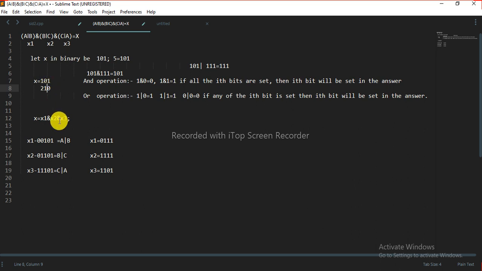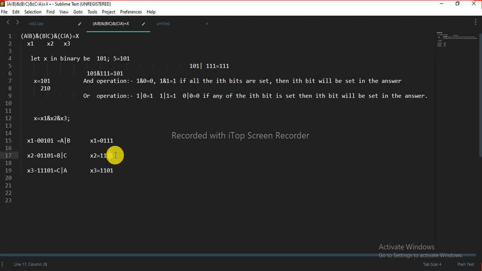In x1 also the 0th and second bit will be set, in x2 also, and in x3 also. There can be other bits which can be set, but we are not sure of that; the 0th and second bit will be set, we are sure of that. According to this observation, we can take x1 as 101, x2 as 1101 and x3 as 1101. If we do the AND of these numbers, it will be 101 only. We can also take x1 as 0111, x2 as... I am basically taking these zeros for more clarity, so that it should be more clear.